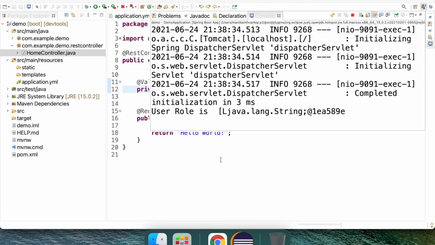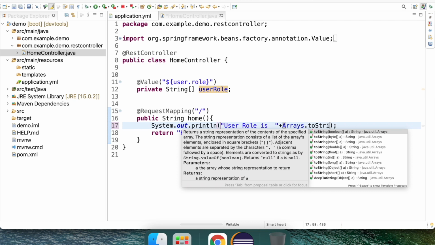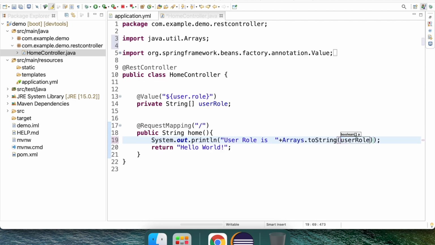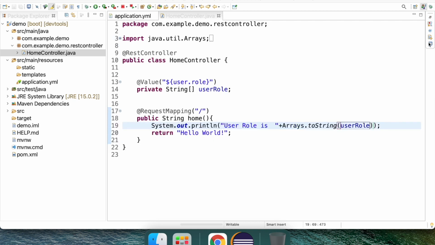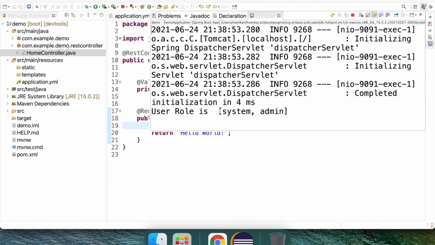Clear the console, back in the browser, refresh the screen. Okay, as it is an array, we need to do toString on user role, save, back in the browser. Yes, see, we can get the values in an array format.